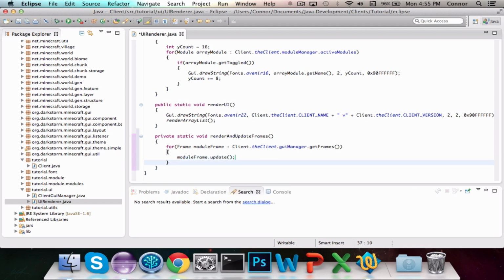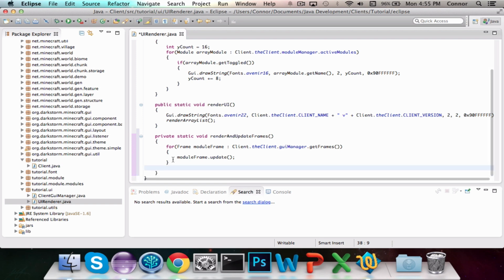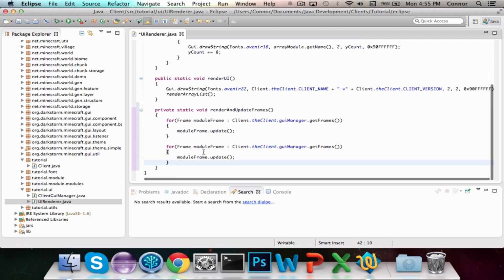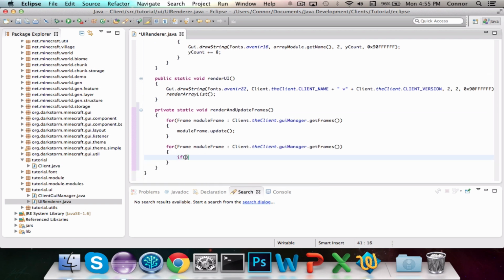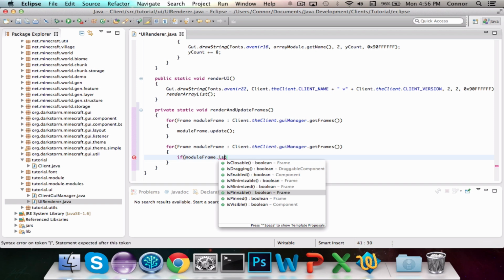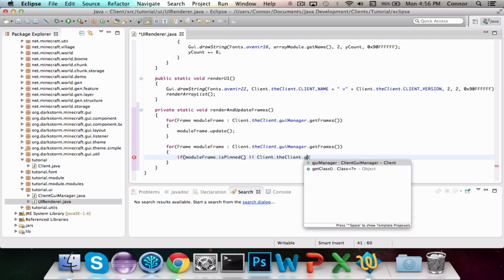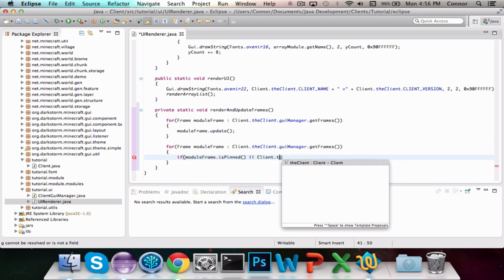Now, the next thing is the same thing really, so I'm just going to copy this over. It's relatively the same idea. So basically we're going to add a check, so say if module frame dot is pinned, so if the module frame is pinned to the screen, which is these two little lines, or